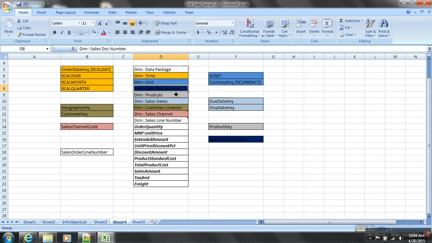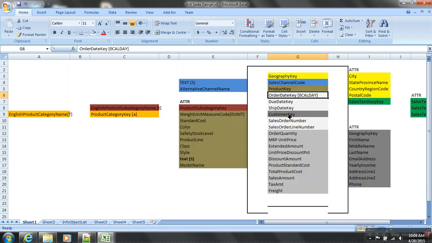Next, I've got one time dimension. So what characteristics do you still want? You'll see here, in the next ones, geographic 1, 2, 3, and then 4, 5, 6, 7, 8. For this, I need to assign. Okay, this is already assigned to cal day. The rest are not assigned yet.